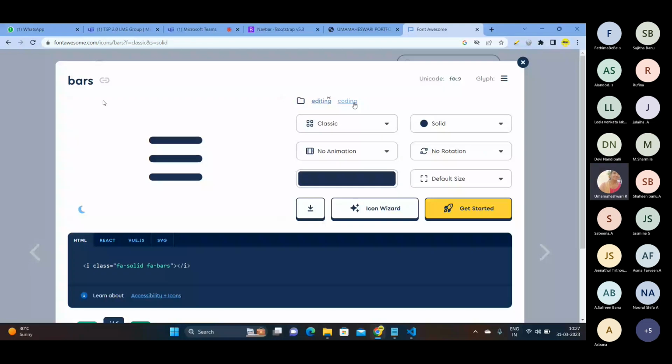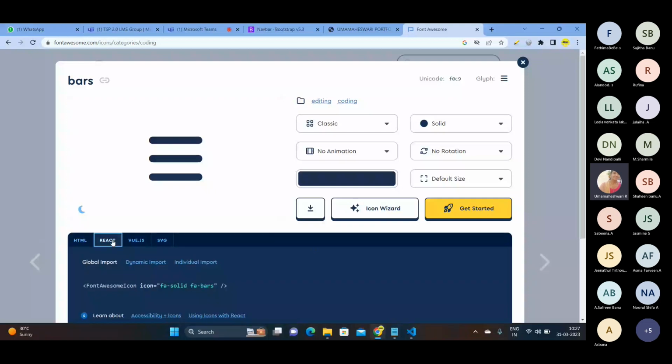For HTML, you will be using this. For React, or for Vue.js, it will be like this. For each and everything, it differs. Clear? And the next thing is,